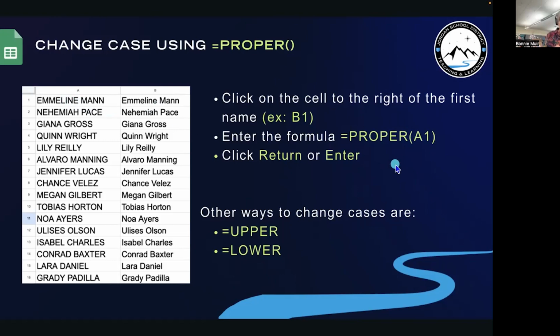I have a video on the next slide that shows it to you. And then you just hit enter. Now, if you, for example, wanted to lowercase the name, you would type equal LOWER. Just remember in Sheets and Excel, every formula starts with an equal sign. And it doesn't matter if you type lower and upper in capital letters, that's irrelevant. All right, so let's look at the next slide.